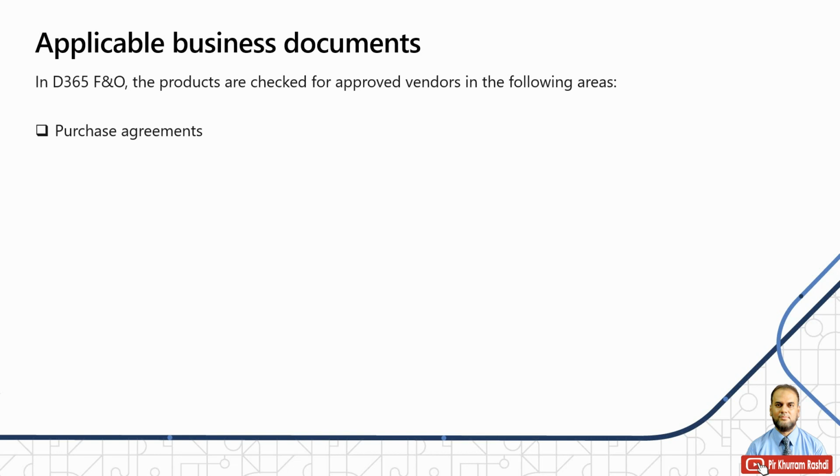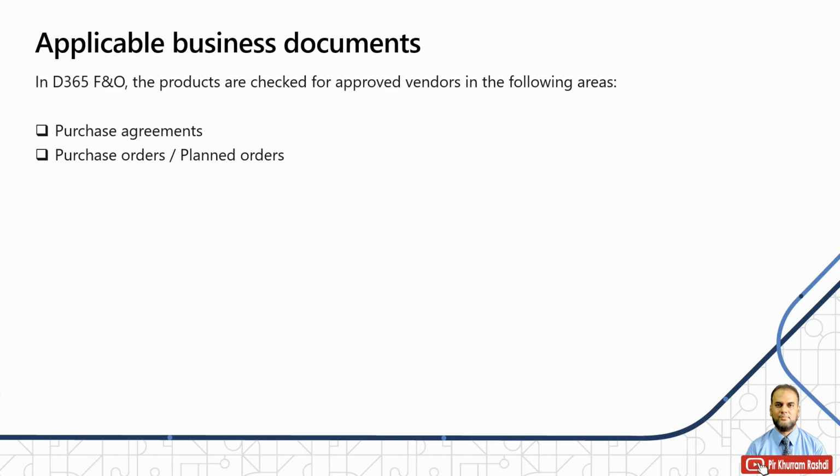And then from the purchase agreement you can release purchase orders or release orders. So this is one of the documents where the approved vendor will be checked for all the purchase agreement lines. And then we have purchase orders and planned orders. Purchase orders, as everyone knows, have multiple purchase lines, and each purchase line will have products or categories. But here we are talking about products. A product can be an item or a service. Item means a stocked item or consumable item, and services, of course,